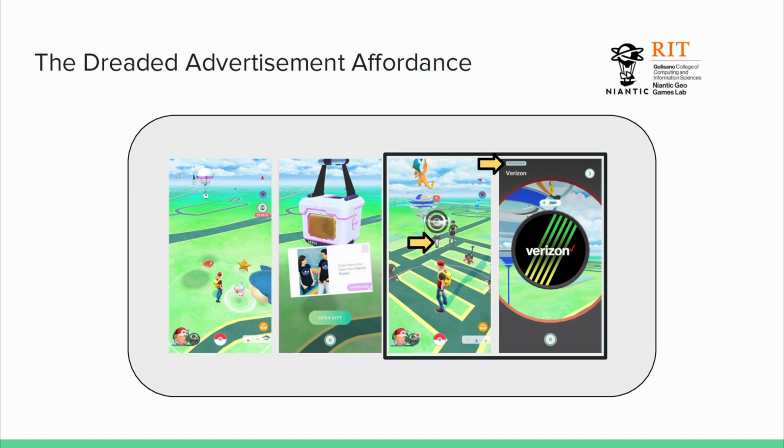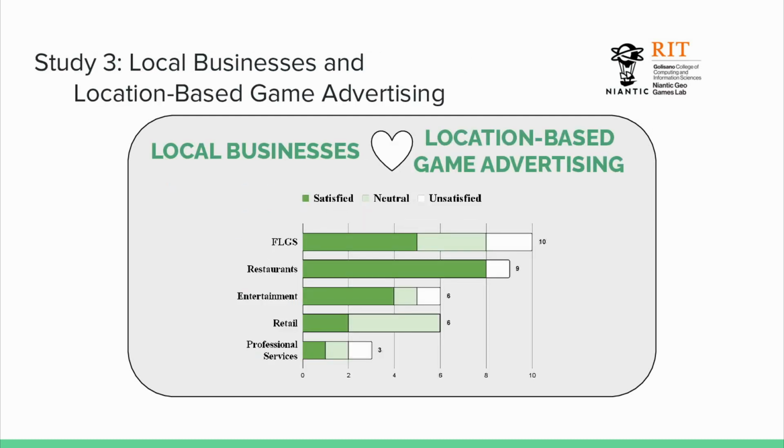So, sponsored locations were extremely popular. And I have the numbers to show how popular they are. But in the third study of my thesis, I actually talked to owners of small and medium businesses, local businesses that benefited from Niantic's small and medium business initiative. It's like a business recovery initiative or something. I have it in the thesis. And overall, business owners actually respond quite well to it. It wasn't quite unanimous, but people were very generally satisfied with their experience with the program, right?